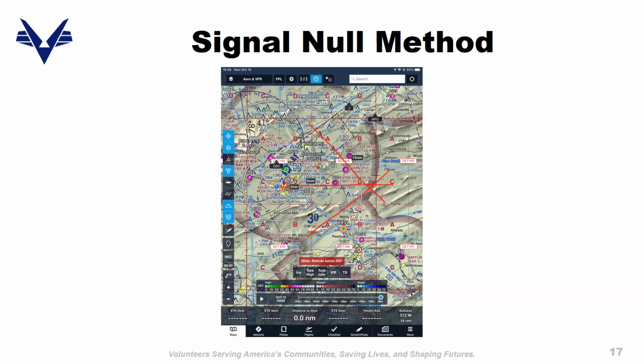And it doesn't have to be, you can use that method not only in the signal null method, but there might be other situations. For example, when we flew ForeFlight missions last spring, I would use that to determine the position of a smoke. Like you see smoke coming from the forest, and you need to know where it is. So you can put your